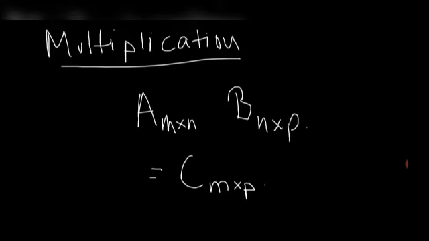Didn't understand? Went over the head, I understand. Let's do a sum, otherwise how will you understand? Now let's see, I multiply a 2 cross 2 matrix into a 2 cross 2 matrix, so the resultant will also be 2 cross 2. No, let me actually find an example from the book, because if I make it, it may be tough for many people, understand? So let's find a sum from the book, and we will do that sum.